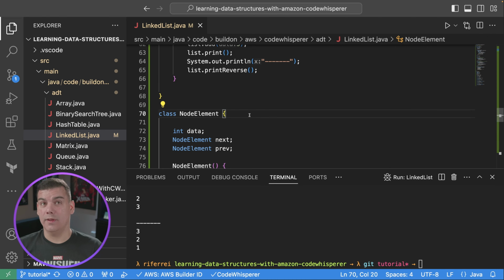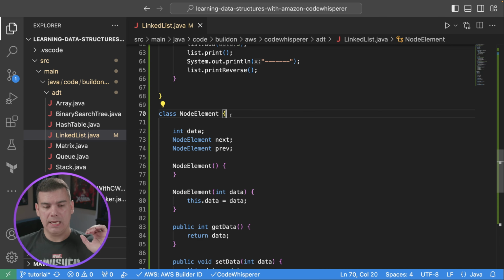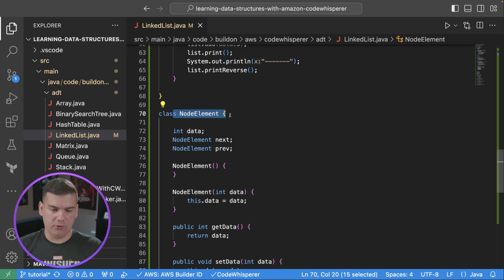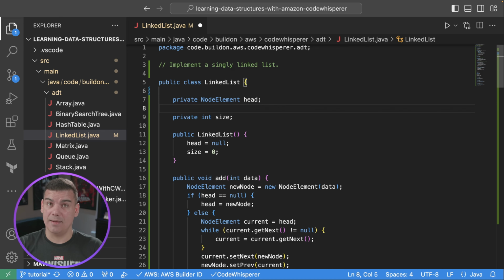But now we're going to accept the recommendation. So the first step is to make sure that you have everything implemented for the node perspective. Since we want a doubly linked one, everything is in place, so you don't need to change much in here. And then we also need to keep track of the tail. I'm going to hit enter here and see what Code Whisperer suggests, but if it doesn't suggest anything, we can give a hint about our intention,